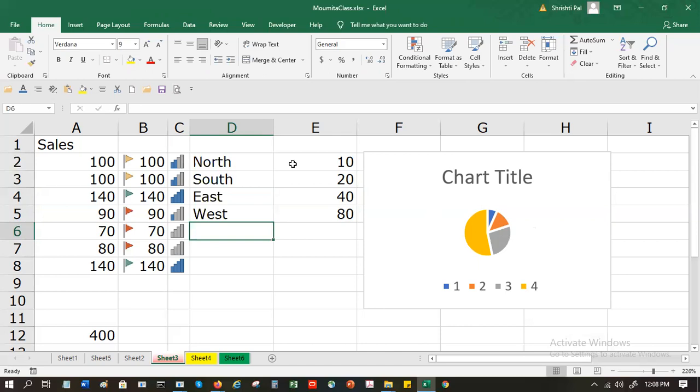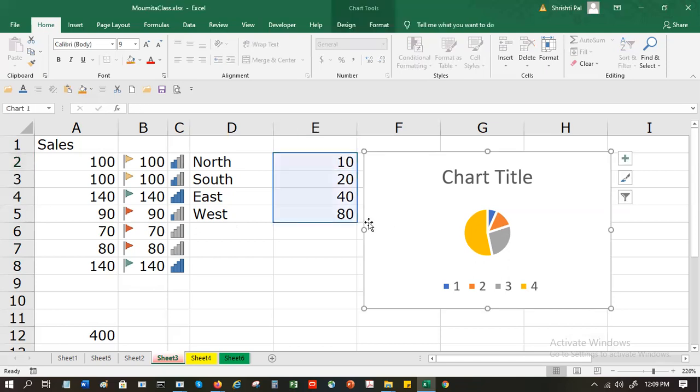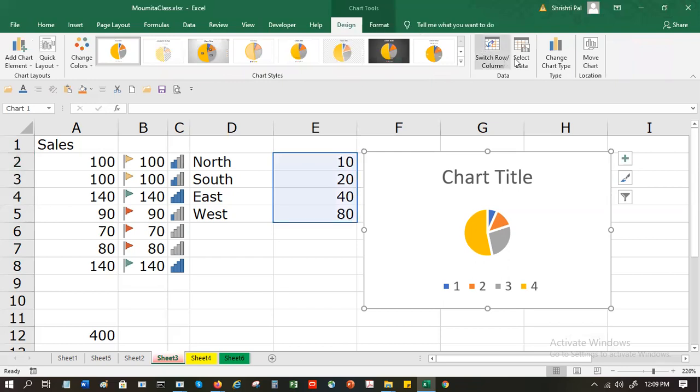Now what I did, see, first time I just had the numbers. So Excel did not have a way to know which one is what. Now I introduced north, south, east, west for each of these numbers. And then suppose I want to edit this, I go to Design and say Select Data.